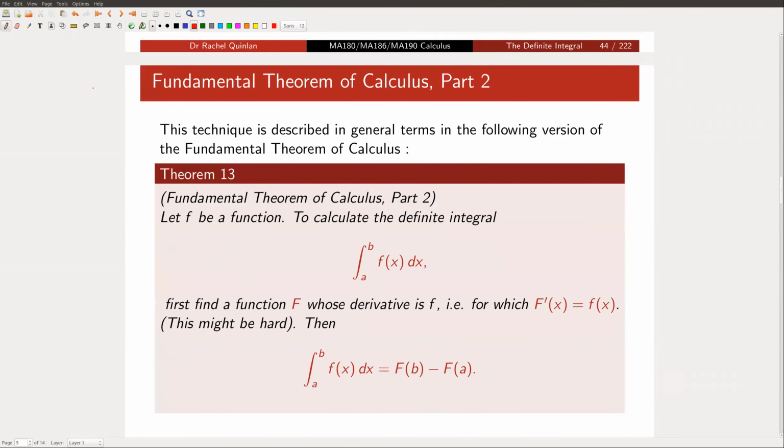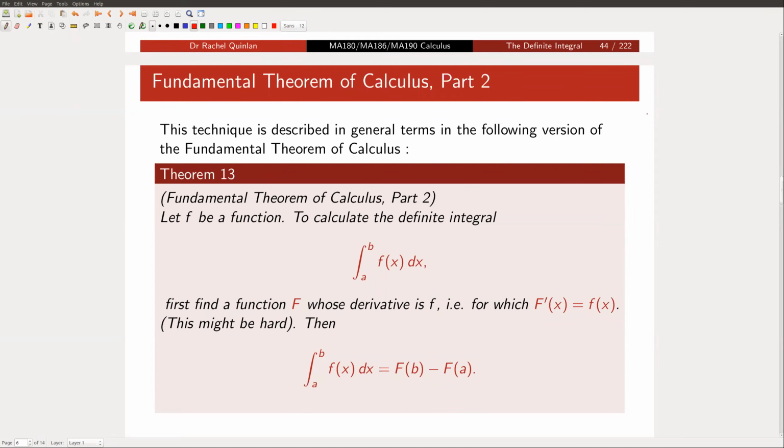So here is another version of the fundamental theorem of calculus. I really don't expect you to dwell on this slide at all. I'm just putting it up here in case it appeals to anyone. It's a formal statement of what we just did. Some people state the fundamental theorem in different ways, and this theorem, if you like it in this formal form, says what that technique is that we just applied. If you don't, and if you prefer to just follow the steps in the example, that's absolutely fine. But in case anybody likes this version of the statement,